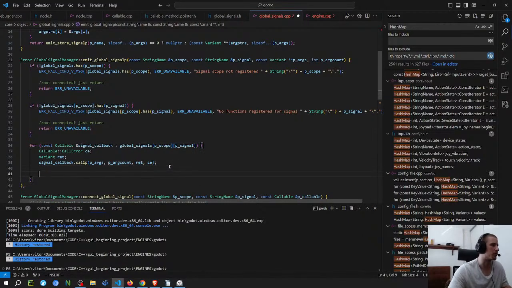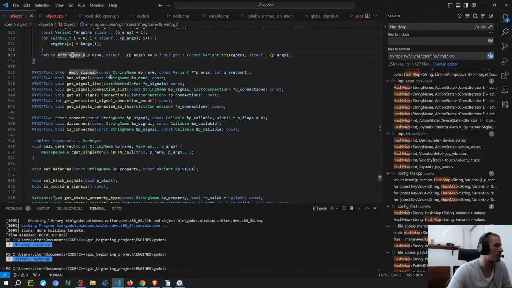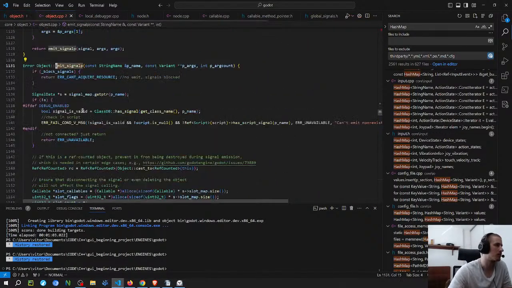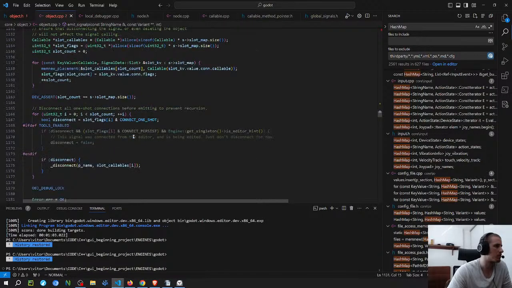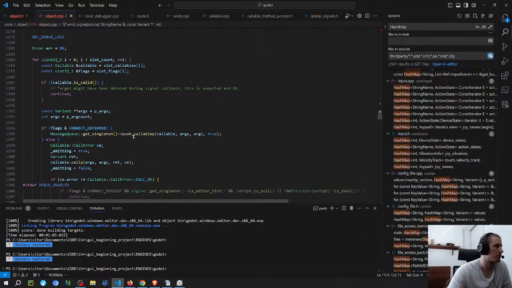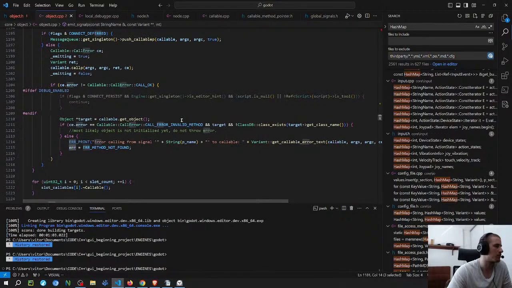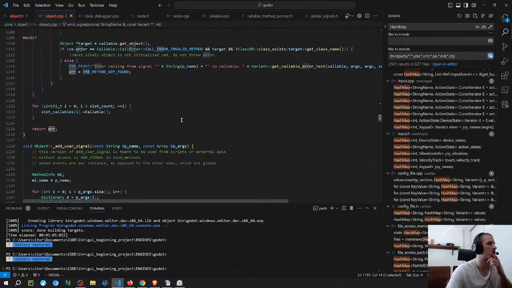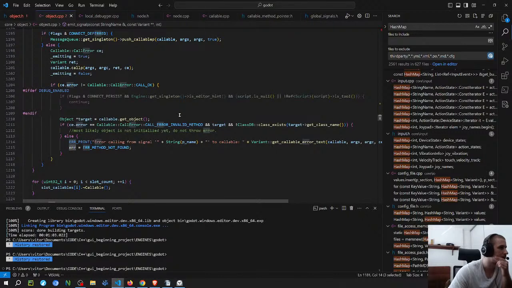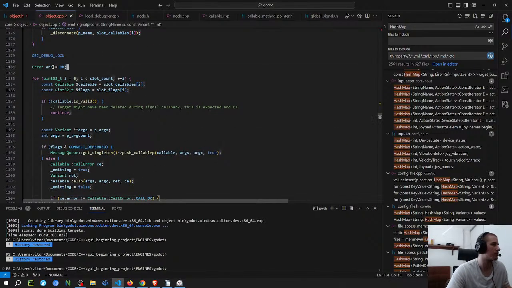Here I should put the other stuff that they put there. And it should return as well. I'm going to put this stuff here as well.